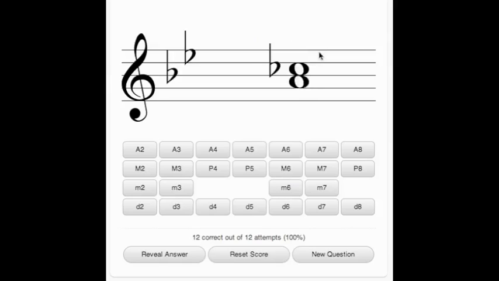Fantastic. Okay, so in this case we've got an A to C flat. Let's work through this one then because this could be quite interesting. We've got A, B, C. So it's 1, 2, 3. We know it's a third of some description. Now, if we